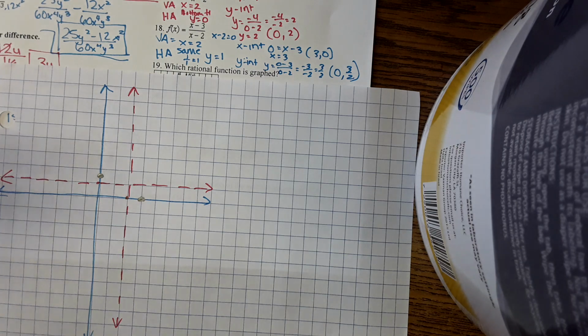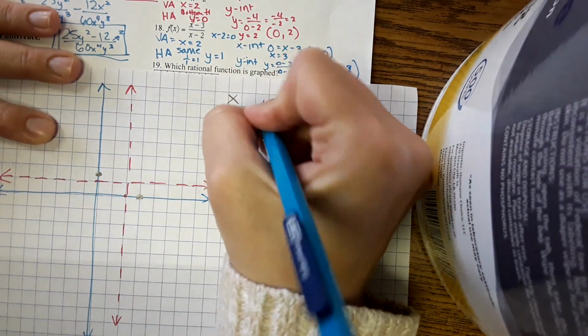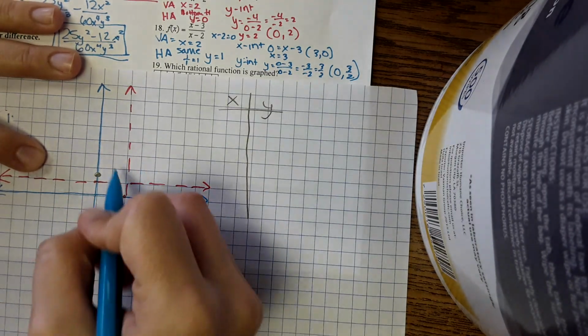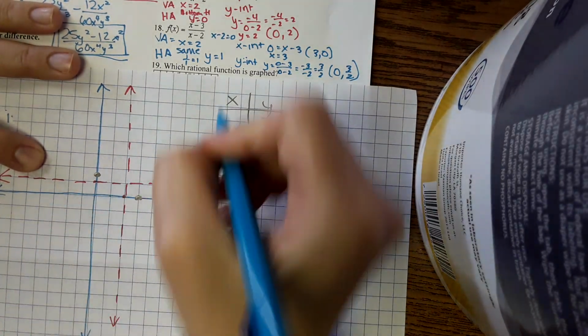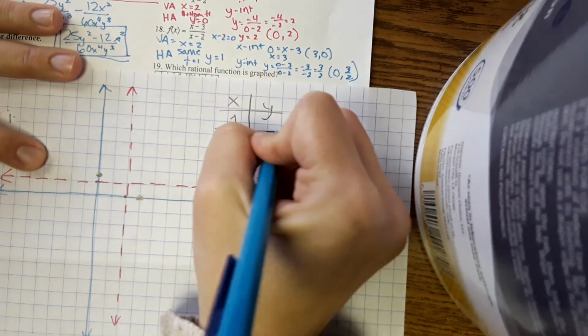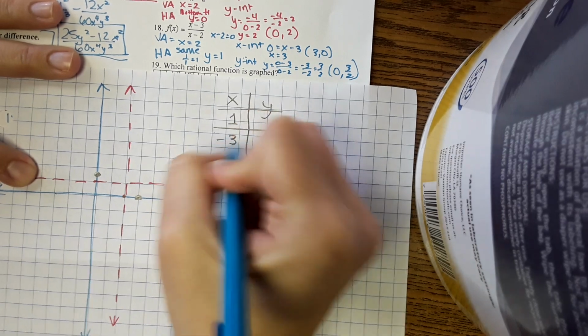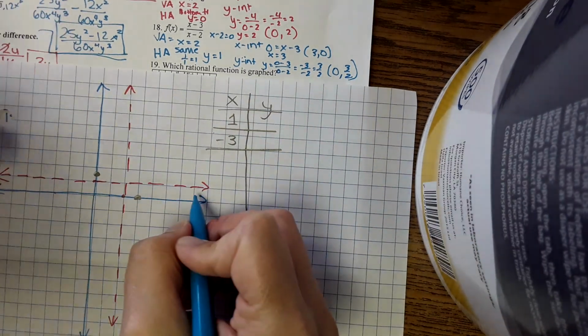Okay, obviously I need more points to actually graph this, so I'm setting up a chart here. I'm going to grab a couple of numbers from over on this side, maybe 1, and maybe -3. And then over on this side,